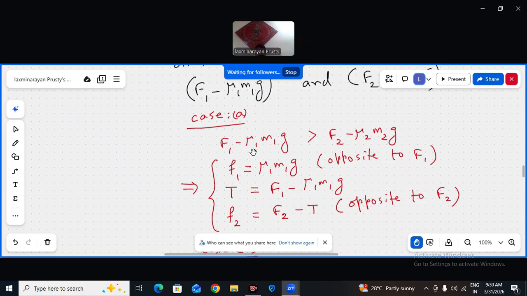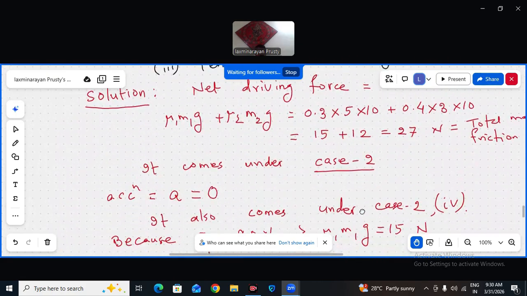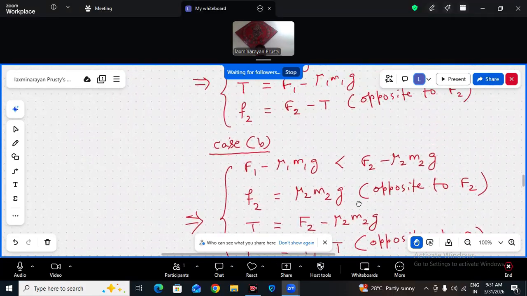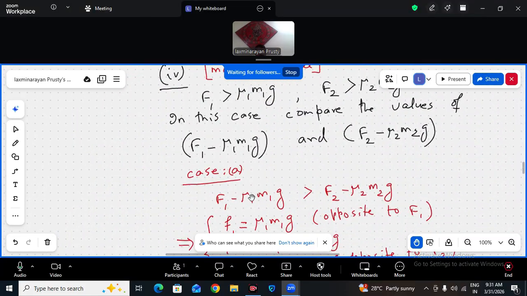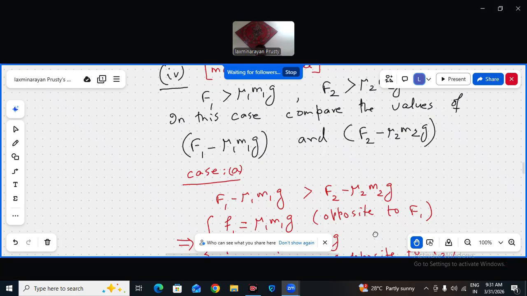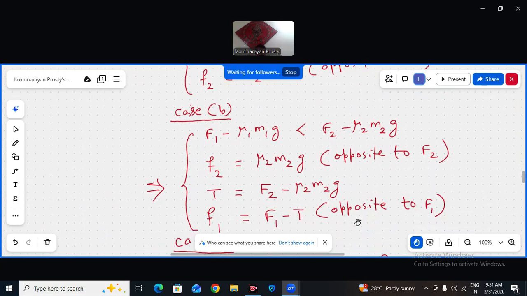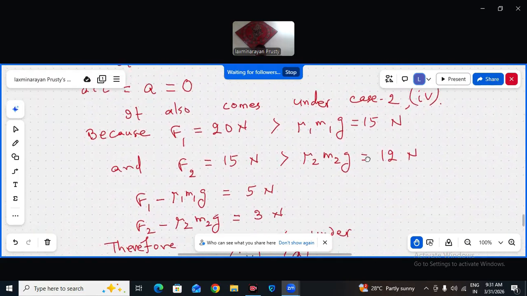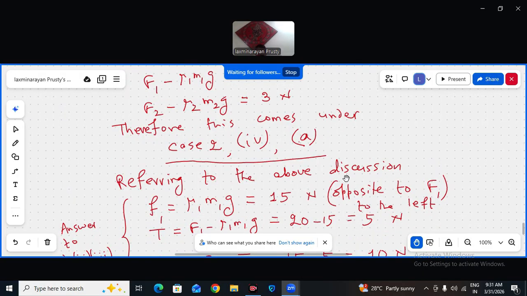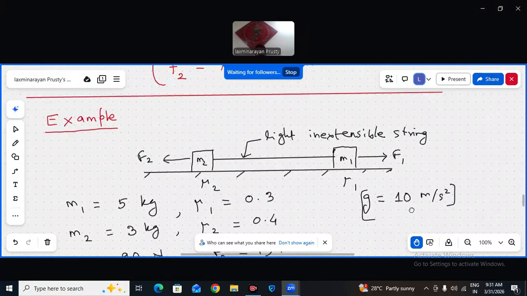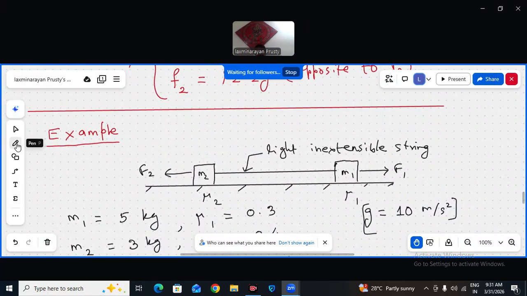Then under this fourth category, which A, B, C category is it coming into? Check that. How much is F1 minus μ1 m1 g? 5 Newton. F2 minus μ2 m2 g, how much is it? 3 Newton. So with this 5 Newton and this 3 Newton, it comes under case A. So obviously F1 is the maximum value. Put it here. F1 will be the maximum value, 15 Newton. So T will be capital F1 minus